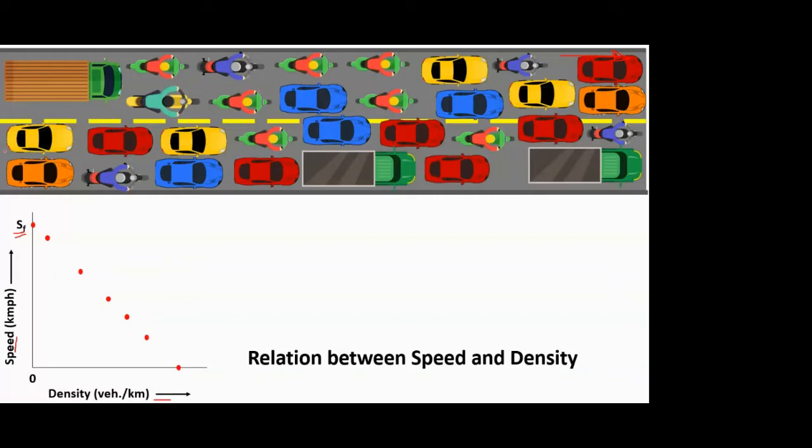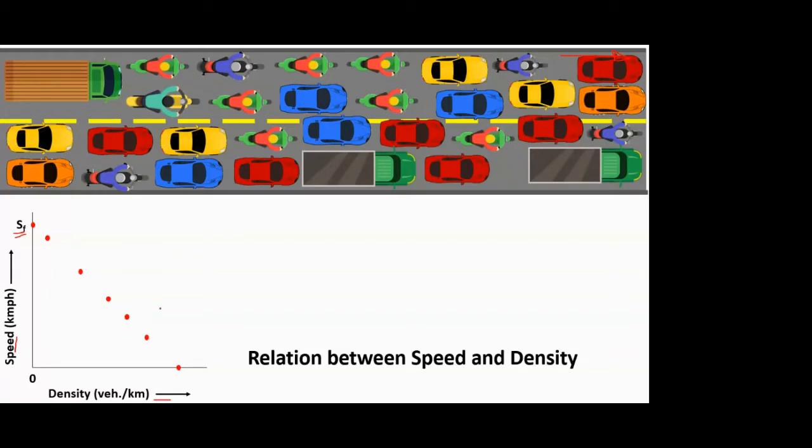Suppose this stretch, what you are seeing on the screen, is 1 kilometer. In this, the number of vehicles will be maximum. Because the stream has come to a standstill due to congestion, no vehicle is moving, so obviously there is no question of any extra vehicle being added into the stream. That's why the speed has also come to zero, because the vehicles are at standstill. What we call a traffic jam condition or a traffic congestion condition. So this is that condition.